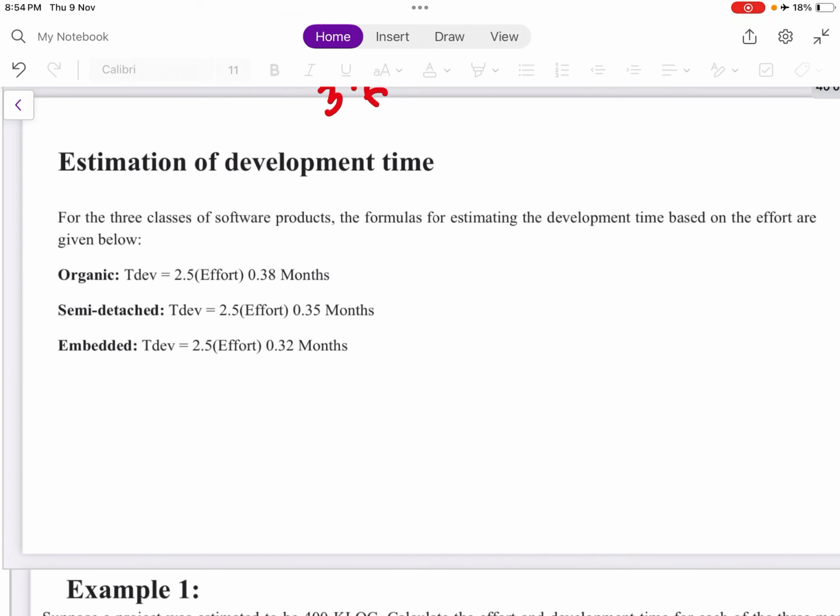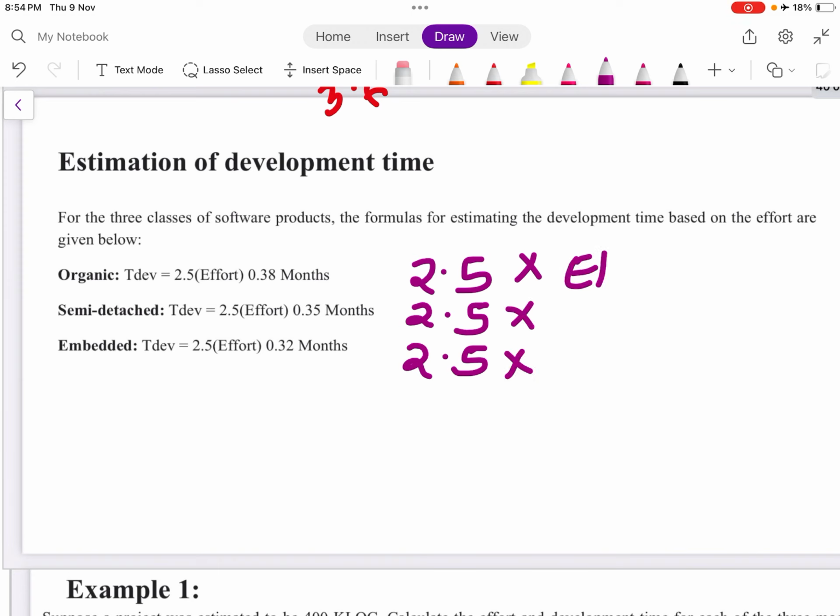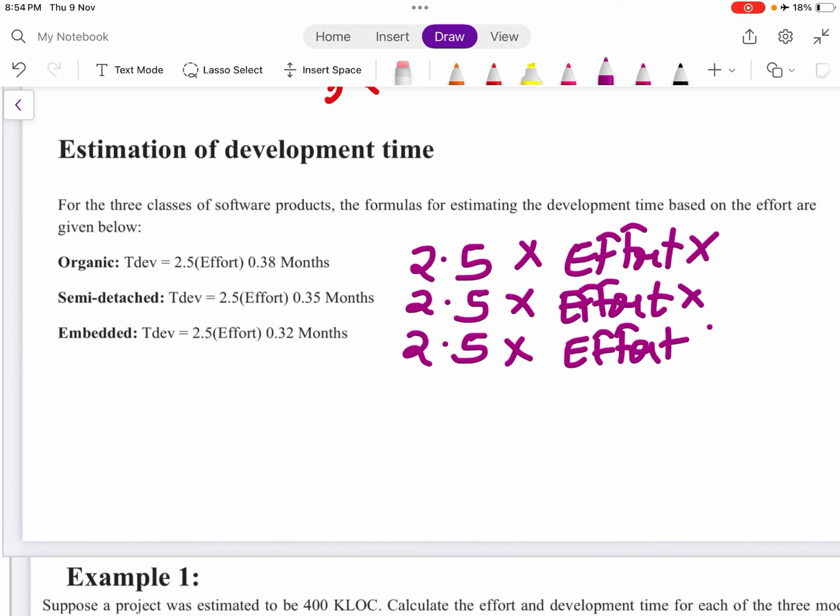Development time formula. First you have to remember, for organic, semi-detached and embedded, for all three it is 2.5, 2.5, 2.5, into effort. Effort is again given in the question, or you have to find that by the formulas above. Into the power 0.38, 0.35